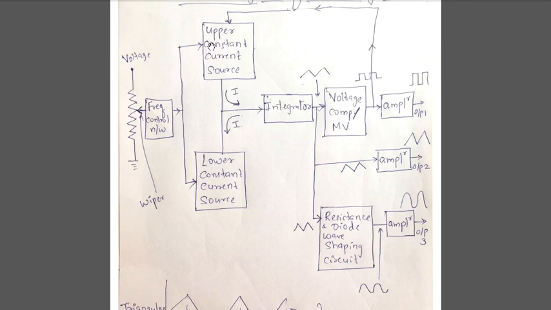Suppose I say that the upper constant current source is now connected to the integrator, which means obviously the lower one is disconnected. So the integrator is receiving some amount of current, and this is a constant current, which means it is a straight line. When you are applying a straight-line current to the integrator, the capacitor present inside the integrator will charge, and it will give you an ascending slope. I had explained it last time. That ascending slope output is then given to the comparator, the Schmitt trigger or the voltage comparator.